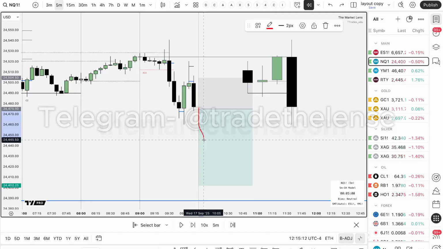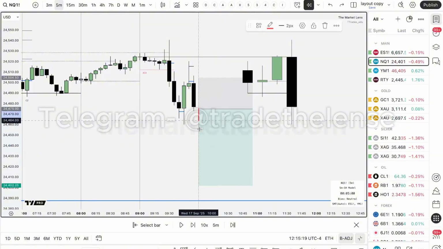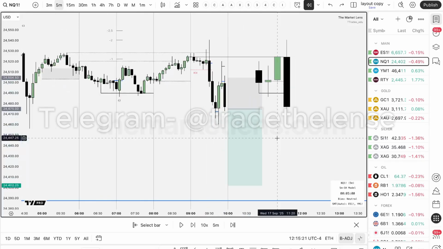Another is once you run out that low, you can trail a bit more aggressively, because normally if price takes out a low and comes back in, that's not a good sign. You just want to see it fall. So if we mark out that low,